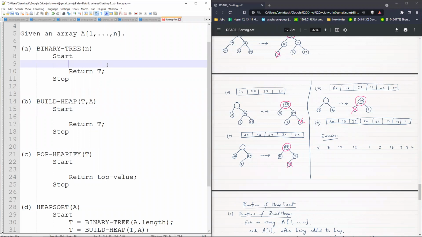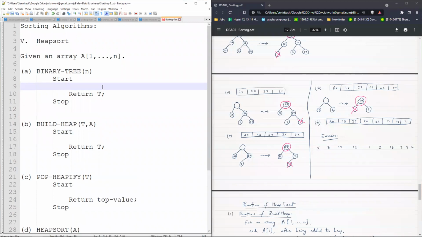So let us start with the first part. The first part is to create a binary tree of a certain size n. We have already seen this for examples, right? How do you realize a binary tree? It's by considering multiple arrays for each of the pointers: for the key value, for the parent, for the left child, for the right child. Okay, you remember? So that is what we do.